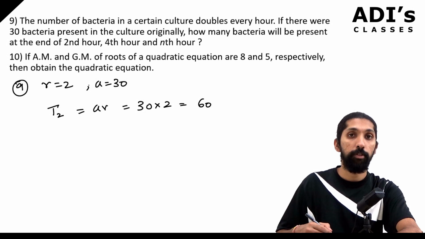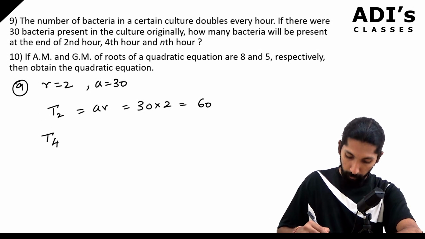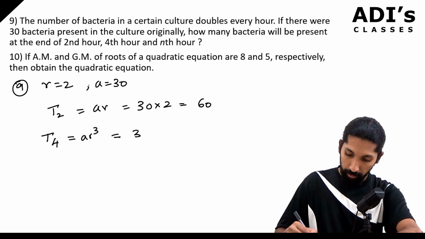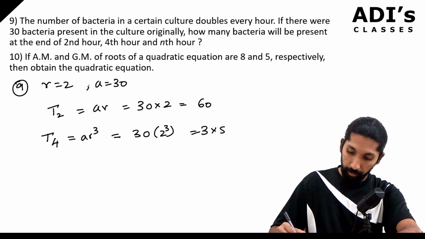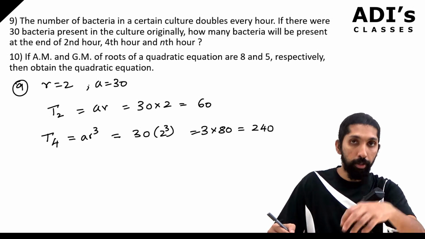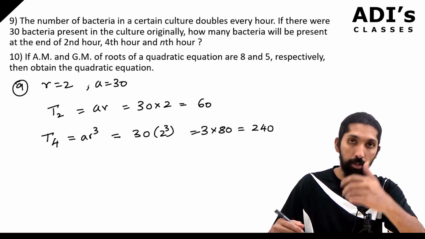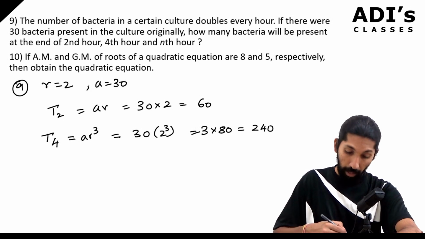Now we'll do the same thing for the 4th hour. That is T4. See, T4 is going to be AR cube, which is 30 into 2 cube. 30 into 8, which is equal to 240. So at the end of 4th hour, we are going to have 240 bacteria in the sample, or you can say in the culture. Now the nth hour,